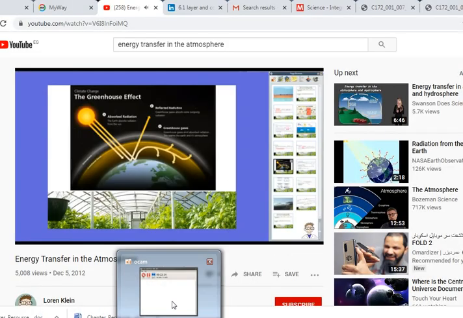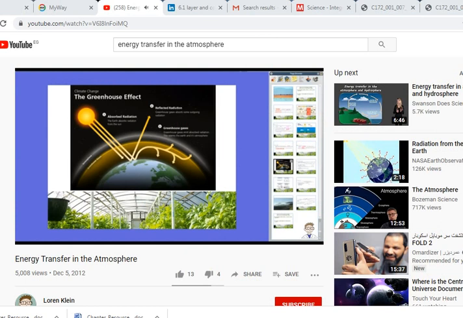So let's look at this. Okay, this is kind of the greenhouse effect in action. Okay, we know that the sun brings in radiation in terms of visible light